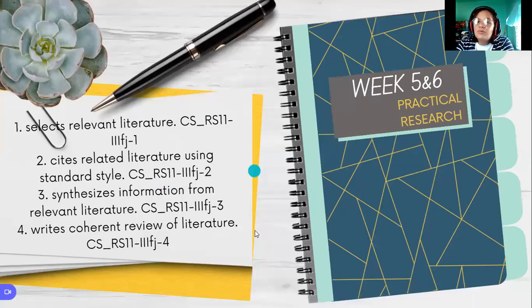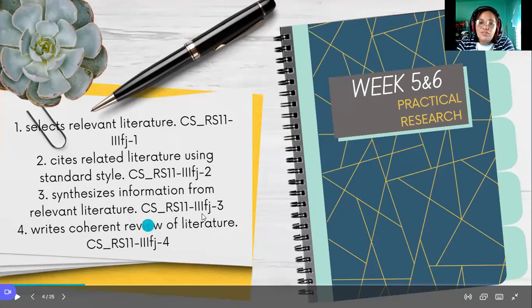So let's have our week 5 and 6 for practical research. We have 4 lessons for this week. That would be select relevant literature. Next would be cite related literature using standard style, synthesizes information from relevant literature, and lastly writes coherent review of